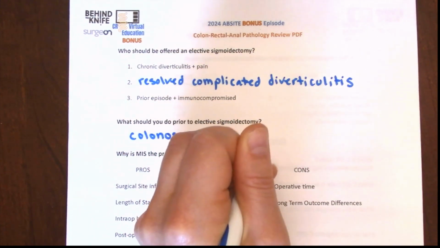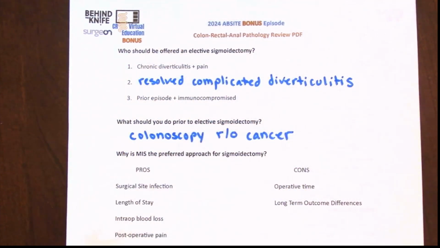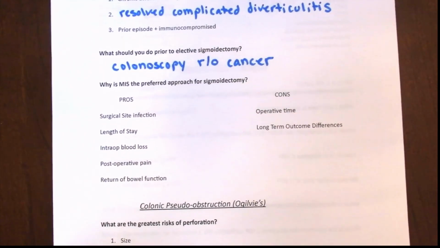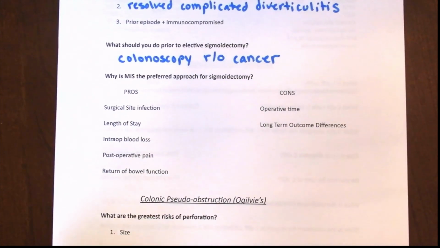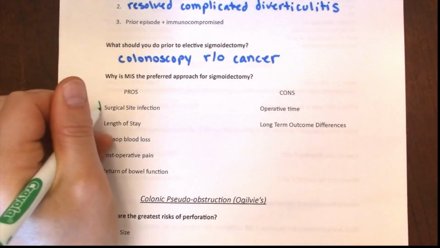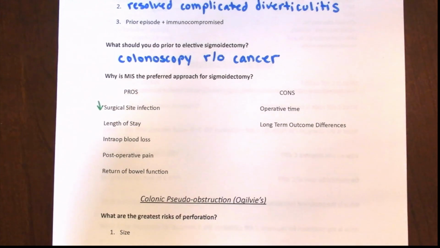And it seems like the gold standard for a sigmoidectomy is through a minimally invasive approach. Why is that the preferred approach? Yeah, these type of questions are getting more common on the ABSITE. MIS is now the gold standard for a sigmoidectomy because it has a lower surgical site infection rate, decreased length of stay,